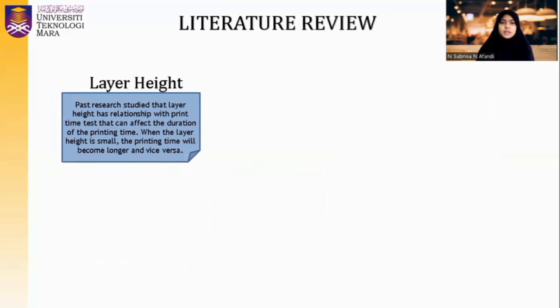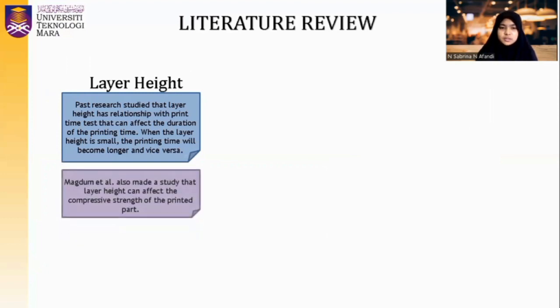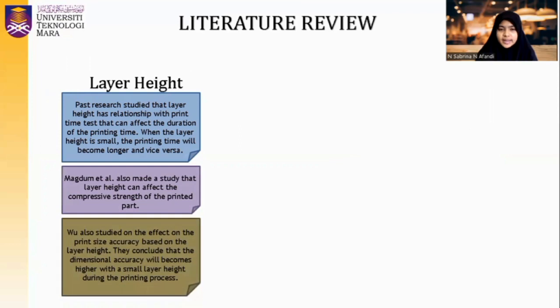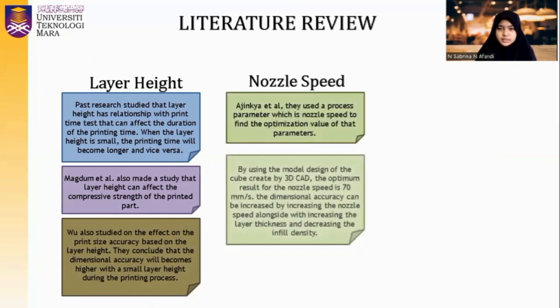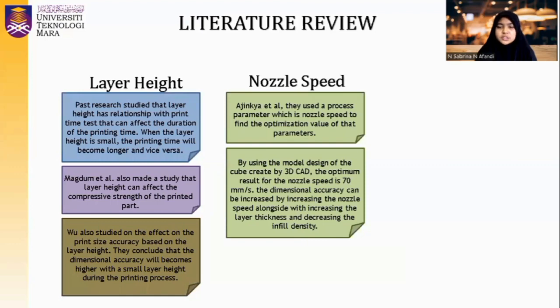Past research studied that layer height has a relationship with print time that can affect the duration of the printing time. When the layer height is small, the printing time will become longer and vice versa. They also made a study that layer height can affect the compressive strength of the printed part. For nozzle speed, they use a process parameter which is nozzle speed to find optimization value of the parameters. By using the model design of the cube created by 3D-CAD, the optimal result for the nozzle speed is 70 millimeters per second. The dimensional accuracy can be increased by increasing the nozzle speed alongside with increasing layer thickness and